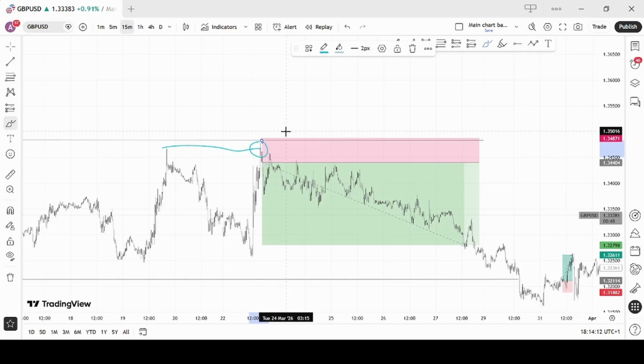So what happened after the sign of rejection? I went to my MT5 and entered my position, and then allowed the trade to do its thing. As you can see, the trade took a lot of time and then eventually hit my take profit. But what I could have done better on this trade is that I could have waited for confirmation